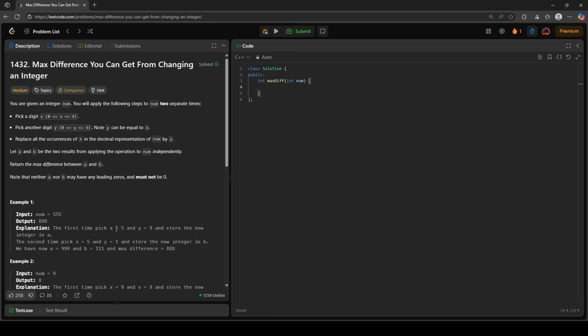In the first test case, we selected x as 5 and y as 9, and we replaced all the occurrences of 5 with 9. So what we got was 999. And next, what it is asking is,